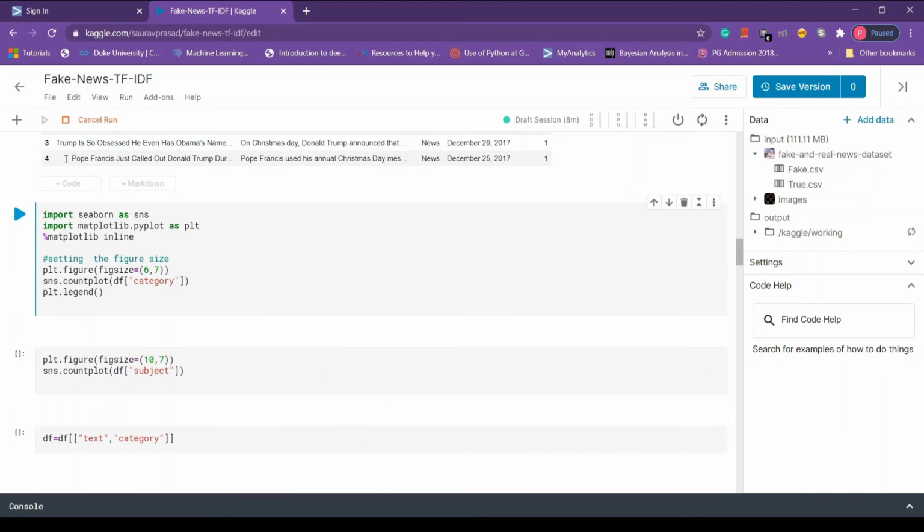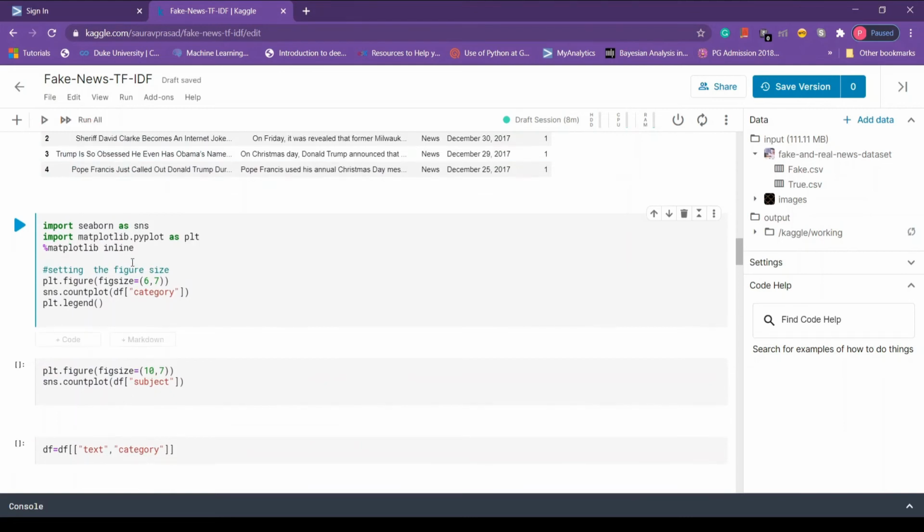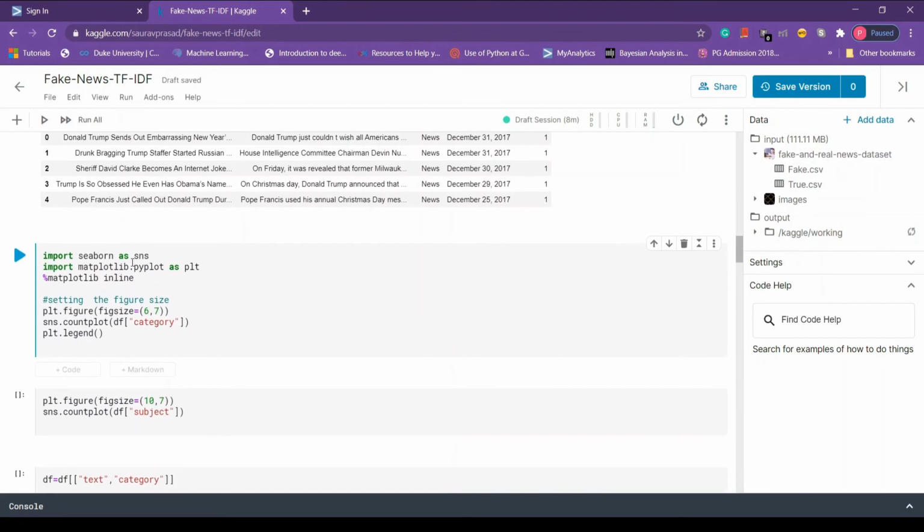So let's plot some columns. In order to do that, we have two libraries, Seaborn and Matplotlib. This line of code is importing these libraries, and the percent matplotlib inline is a magic function. What it does is make sure that whatever we are plotting is shown in the notebook itself. If we don't do that, our graph will be created at some memory location, and to get them we have to call the plt.show method to get all these graphs. But in our case we don't have to do that because we are calling the inline function.